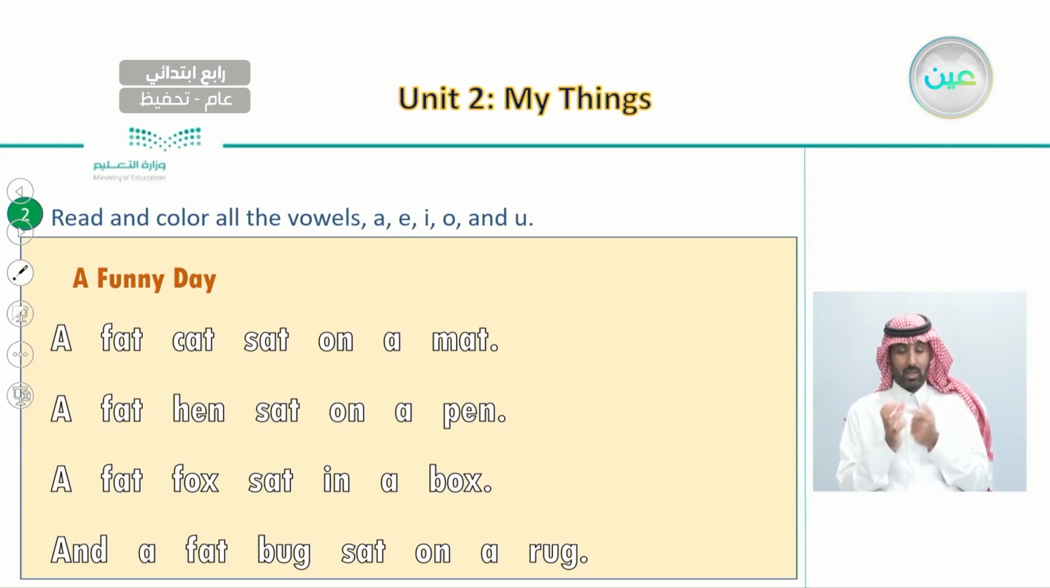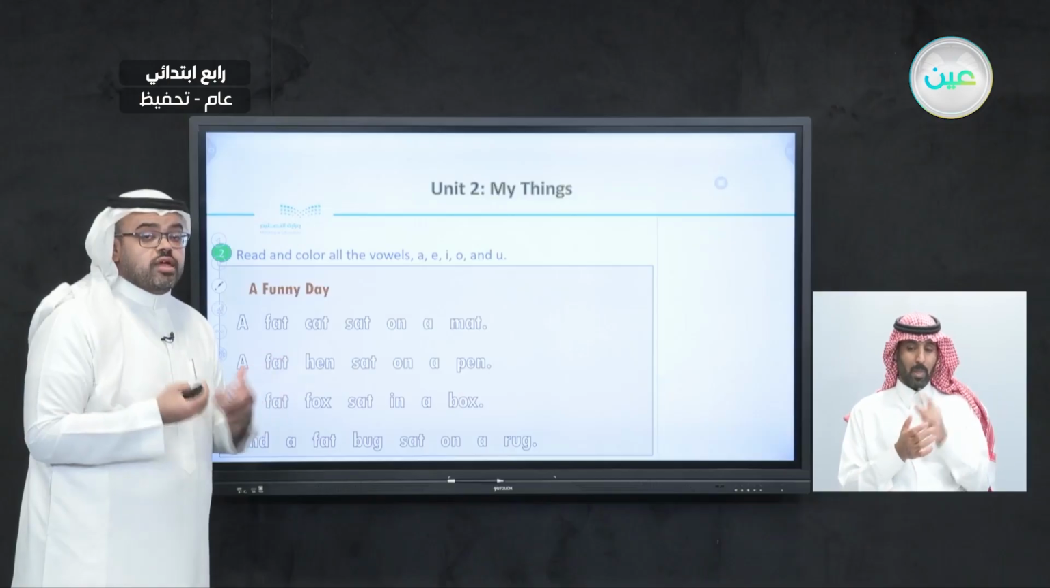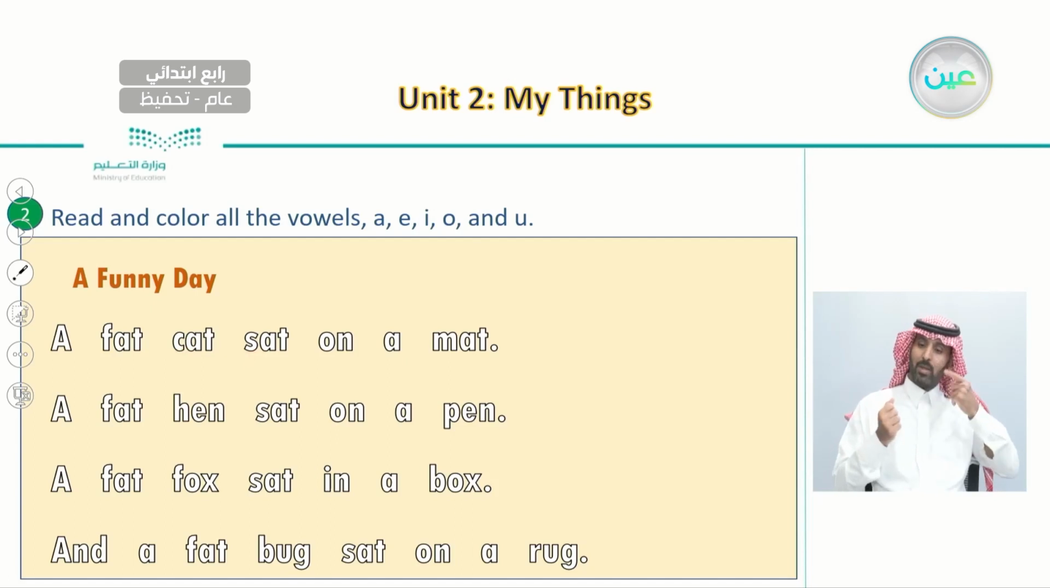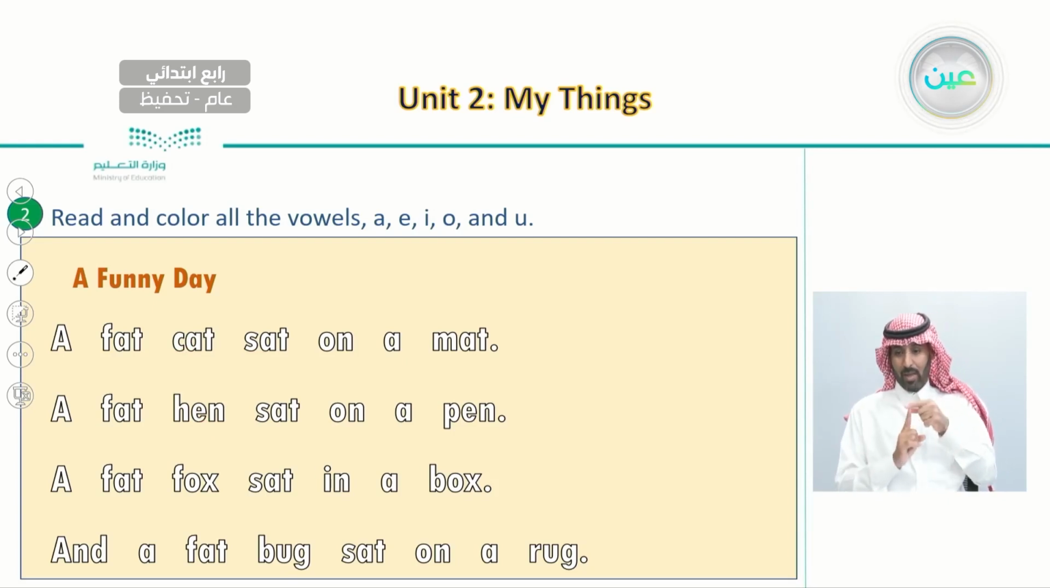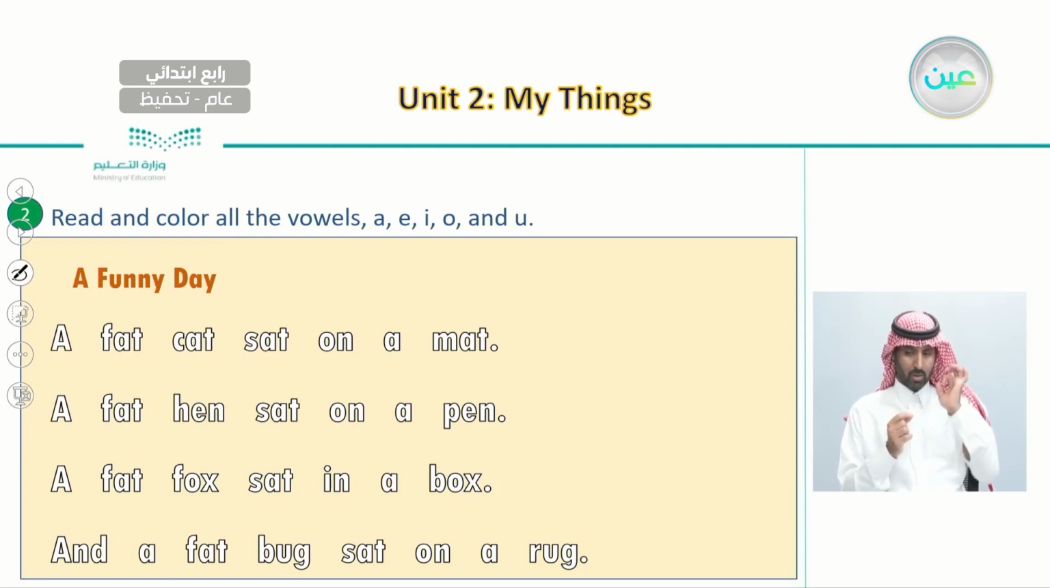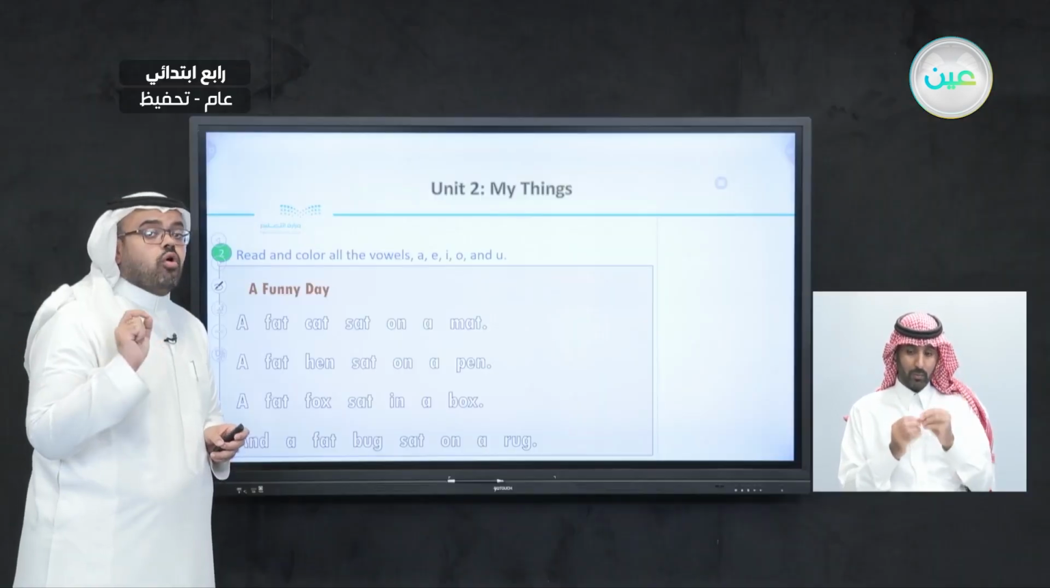So this is a funny day where we have different words that have the same sound. Like, for example, fat cat sat on a mat, and also fat hen sat on a pen, and fat fox sat in a box, and also fat bug sat on a rug. So what we're going to do now is choose a color, any color, and try to find all the vowels